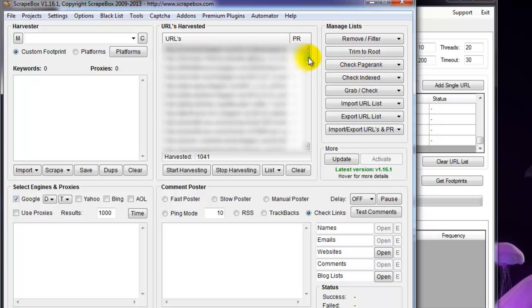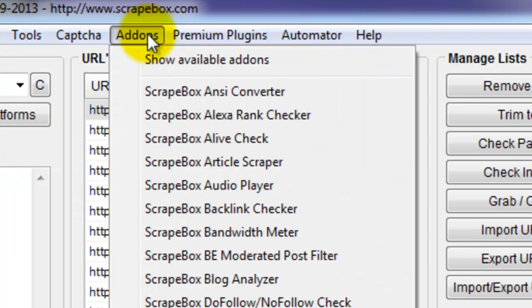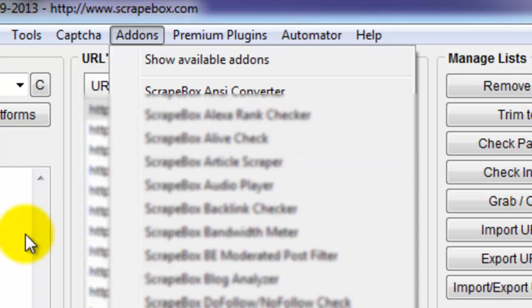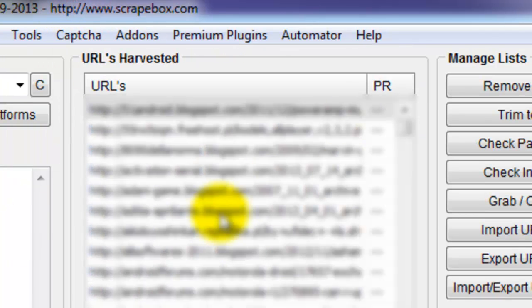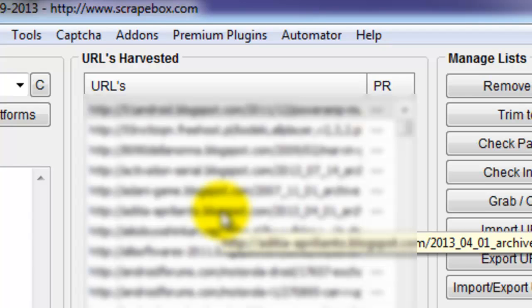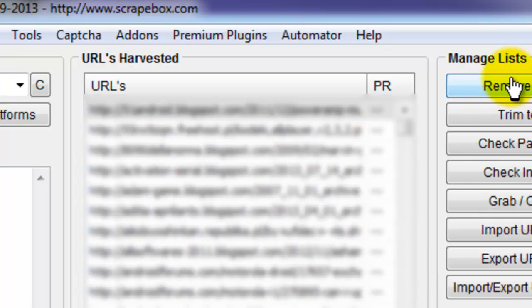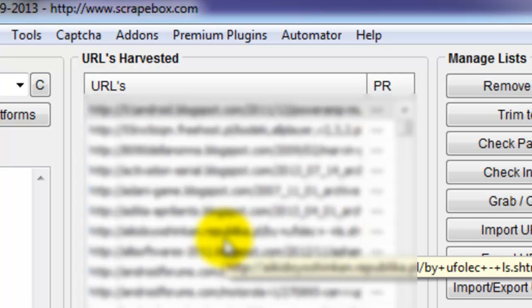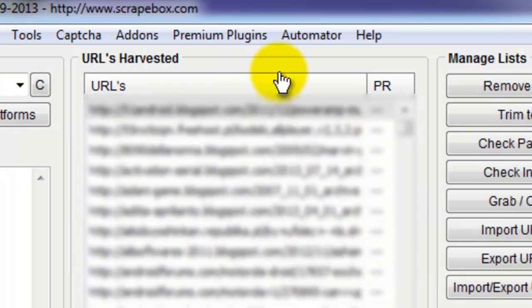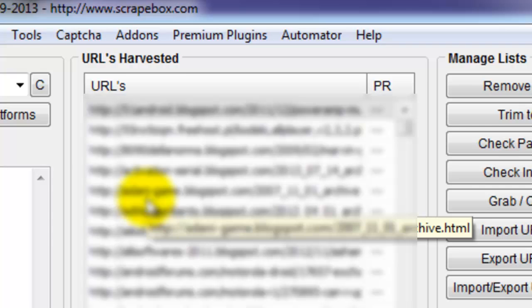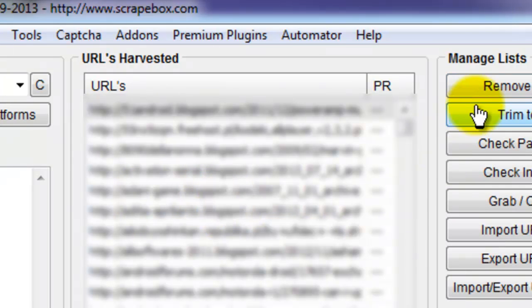So for a GSA list, the first thing I usually do is check to see if the URLs are alive. This is before you remove duplicate domains. The reason for that is because when you have a verified list from GSA, you probably hit the same domain a few times, and maybe some of the pages are up and some of them are down. So rather than doing the duplicate domains and then possibly only leaving pages from that domain that are down, it's best to just check all the live pages, and then after you've got the live ones, then you remove duplicate